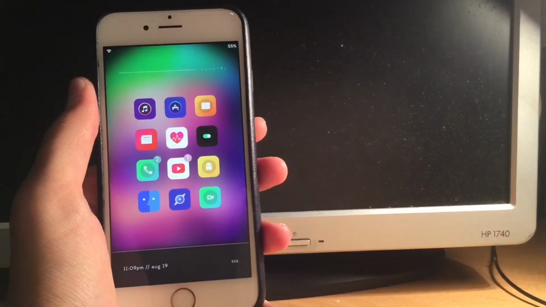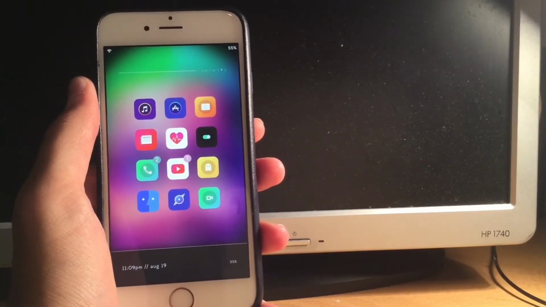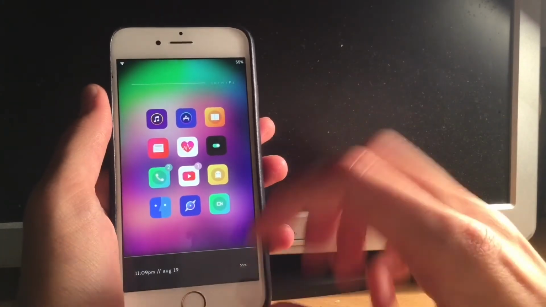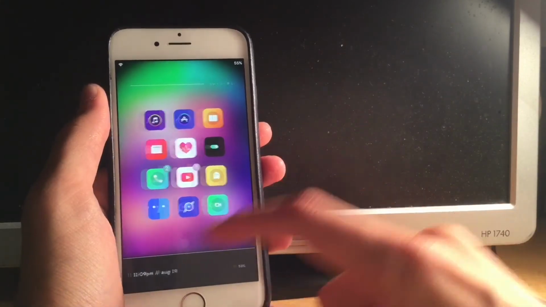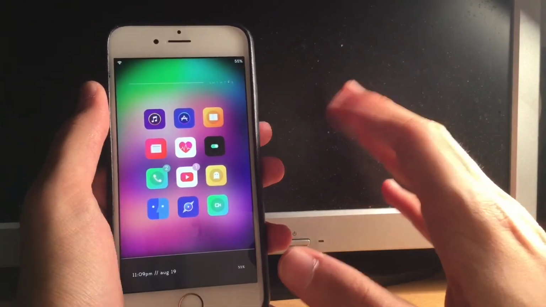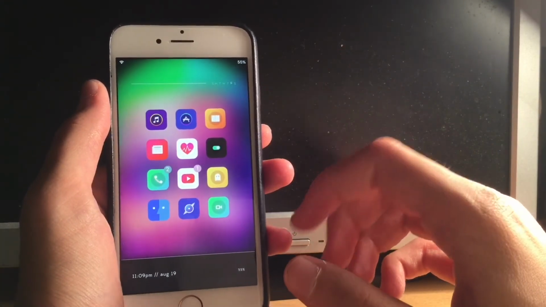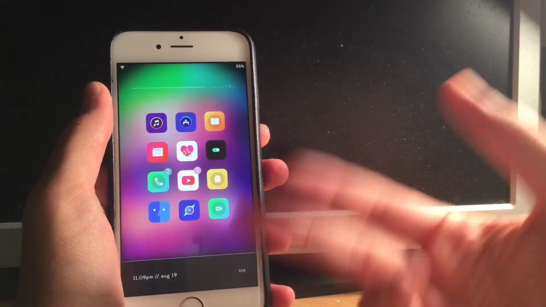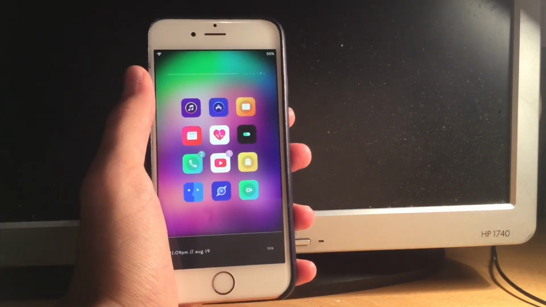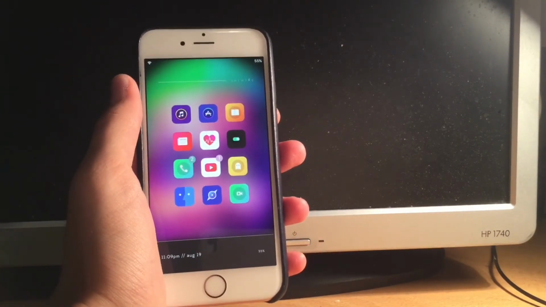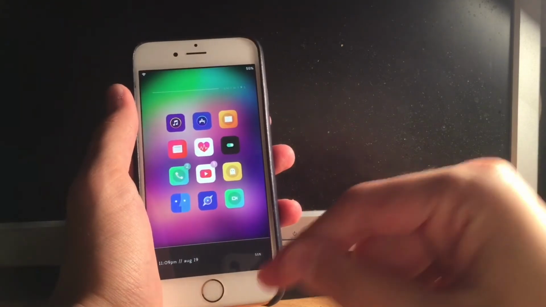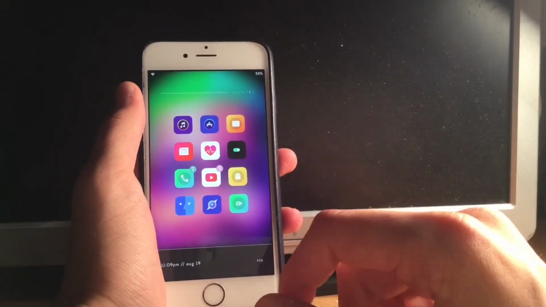Now, after I showed you all the tweaks required for the setup, I'm gonna show you a few tweaks that are optional, that you may or may not download if you want. They are basically functionality tweaks which will make your device much more functional than it is, and they will just add really nice functionality to your device. So again, these are optional, these are not from the setup. I just want to share them with you so you can get the setup, and then after that make your device much more functional. So first of all, on my home screen I have Multi-Icon Mover Plus.